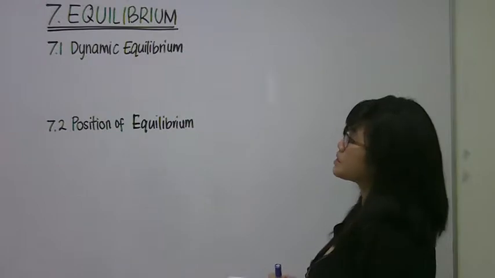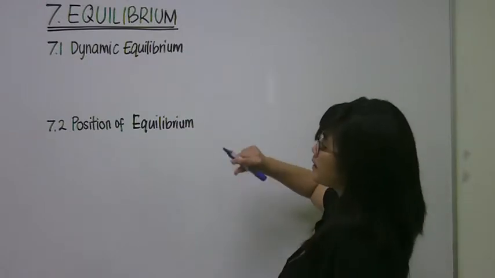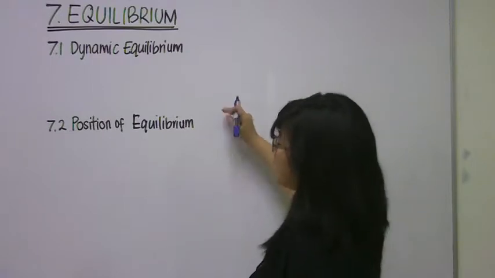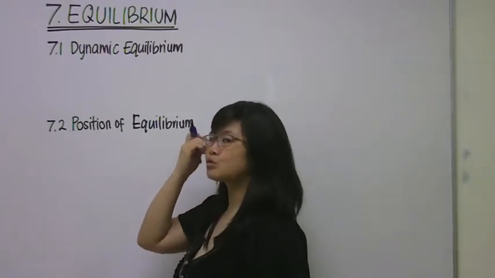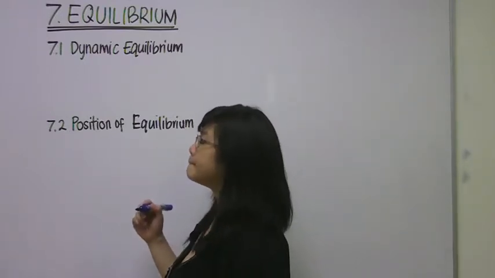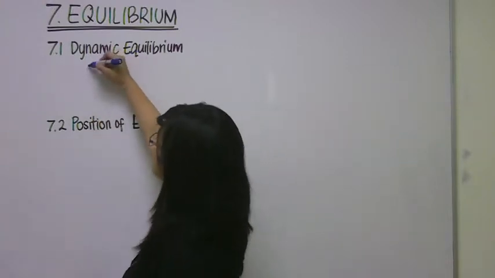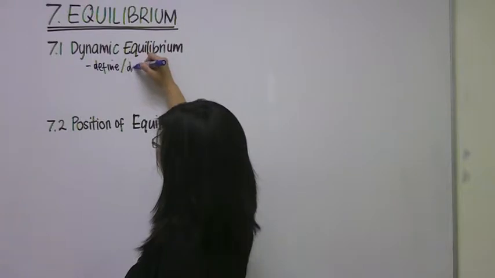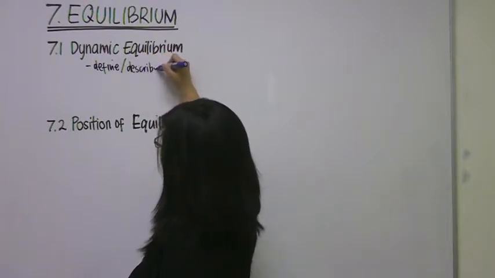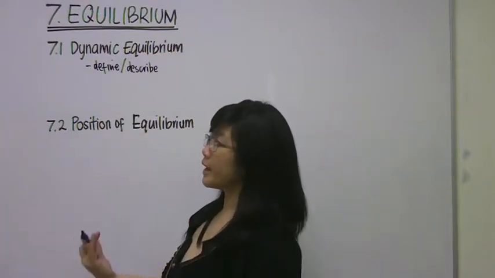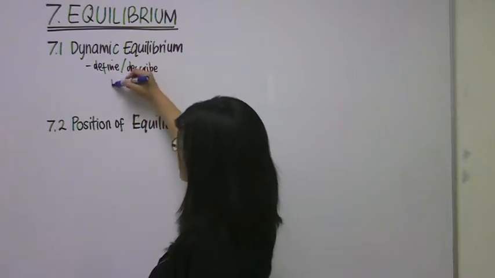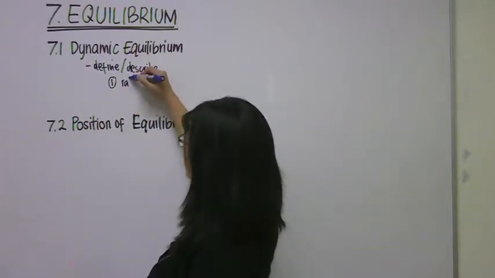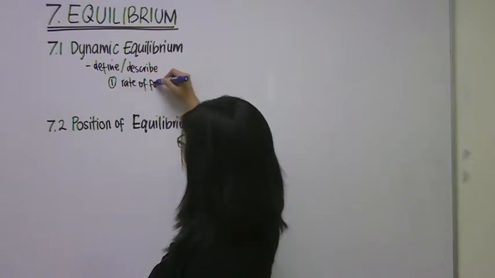Okay, the seventh chapter is equilibrium. In the standard level, there will be two parts, dynamic equilibrium and position of equilibrium. In dynamic equilibrium, you're supposed to define or describe this dynamic equilibrium, okay? So the expected answer will be, firstly, in a dynamic equilibrium, the rate of forward